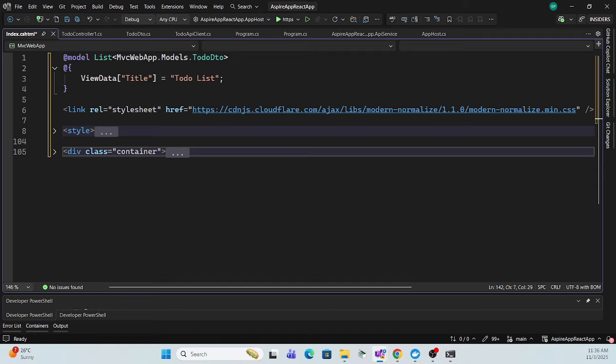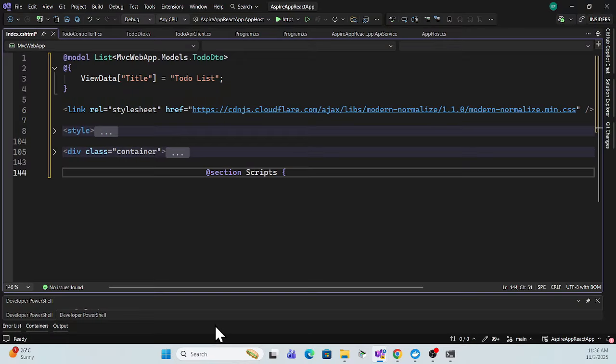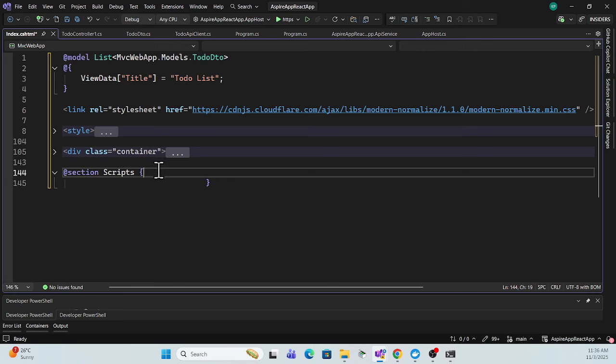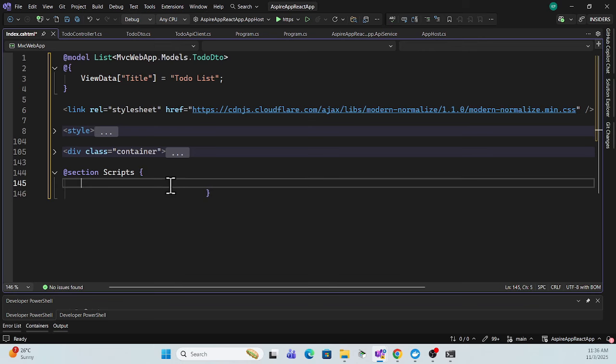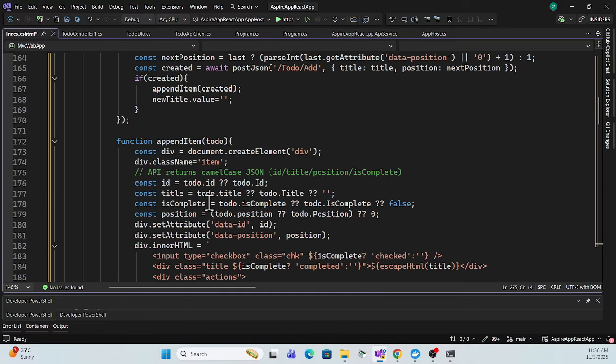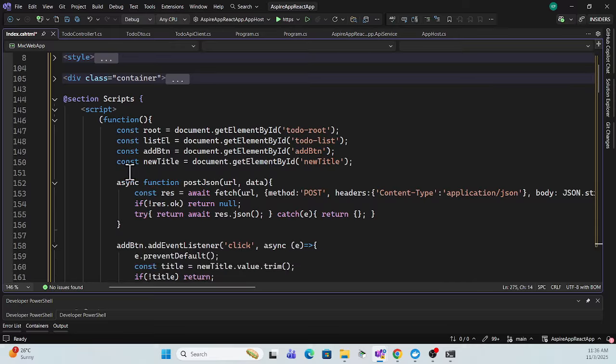So for that, I can simply create a script section here and close it, just decorate over here. And here I want to write our script. There are again two ways: you can reference your script here, or directly create your script here. So let me create my script and explain. It is a little big script. I simply create a function which has all that button, to-do list and all,